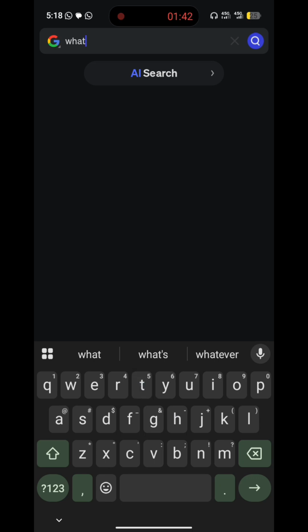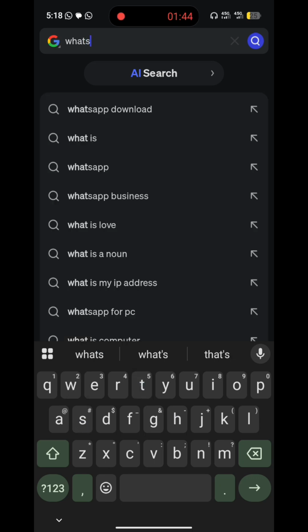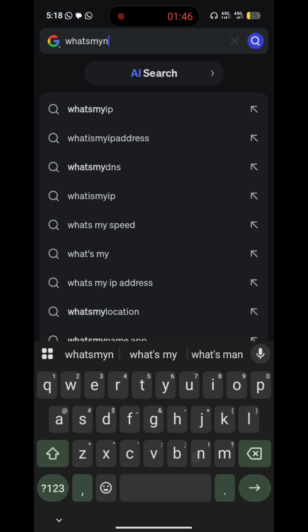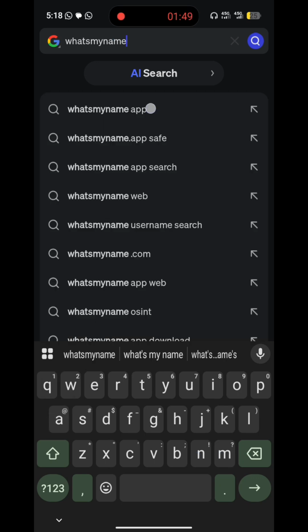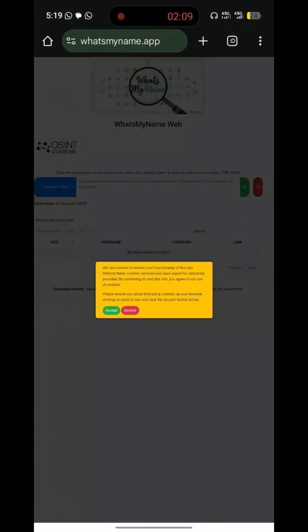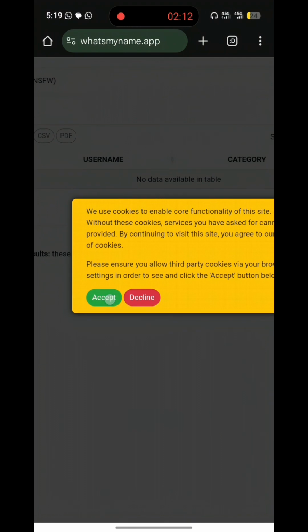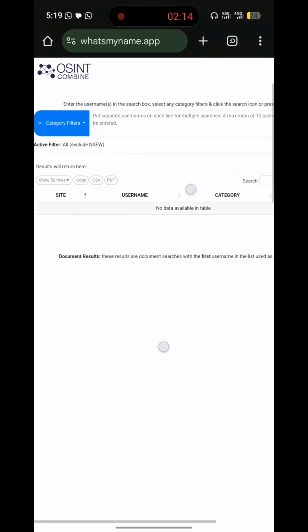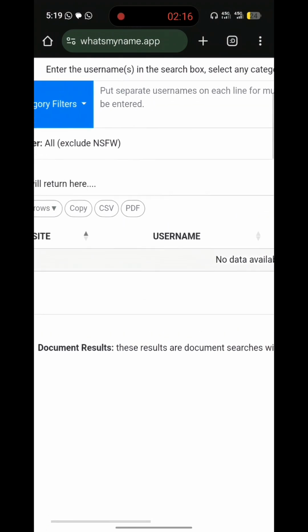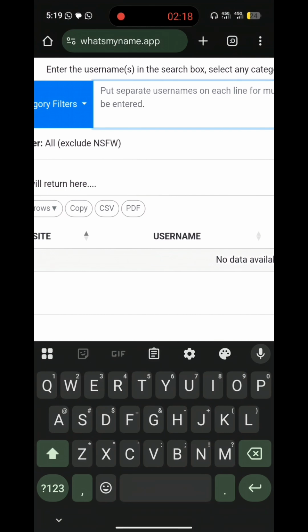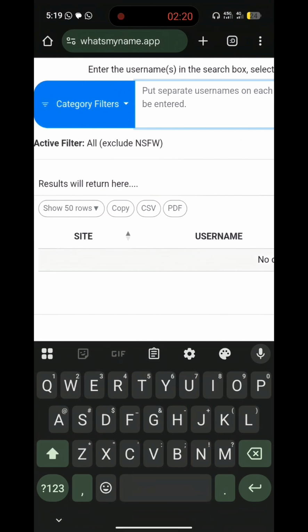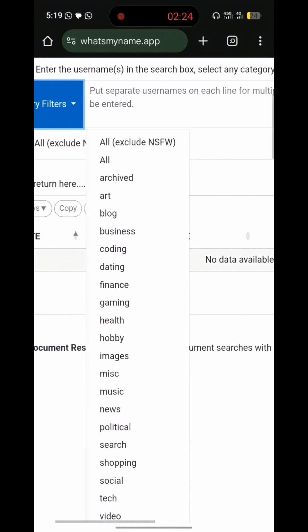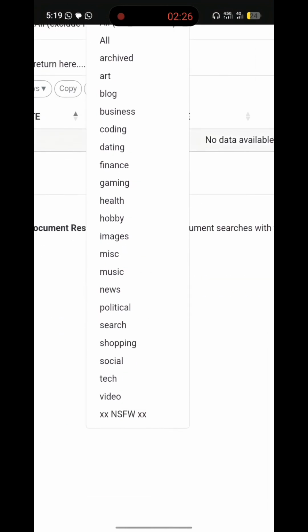I'm just going to type the website. I'll quickly accept the cookies, and then here you have the website. You can see first of all that it has category filters. If you click there, you'll see all sorts of categories, depending on the individual you're trying to look up.